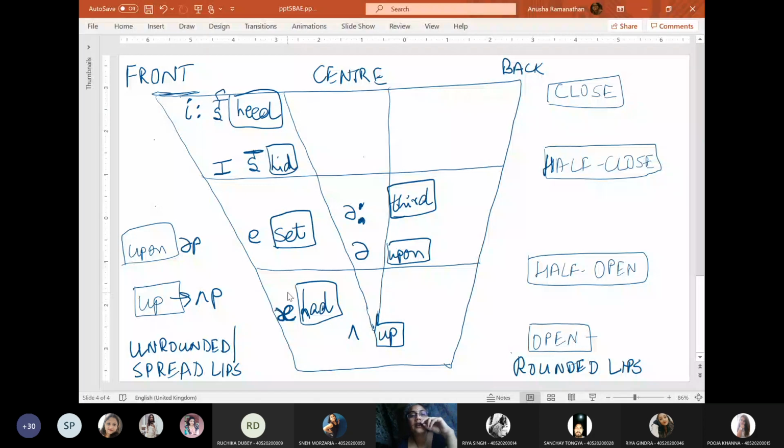The up, the and the upon, and the third in that sense. These are the three sounds that you get. Then there are five back vowels, in a sense that you're looking at different sounds that come in. We will have a few more that we will look at, but I'm just going to push the in, which is the one that you make sounds where your lips are completely closed and rounded.